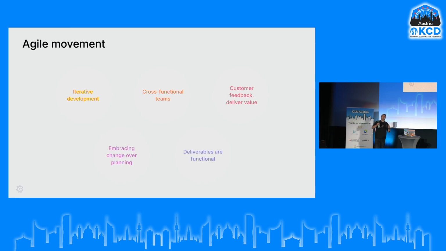So we don't spend 6 to 8 months first doing all the planning and then all of the development, all of the testing and the deployment. We do small chunks at a time. We have cross-functional teams. Before we had business analysts and architects and software developers and testers, but now we have smaller teams that are cross-functional.